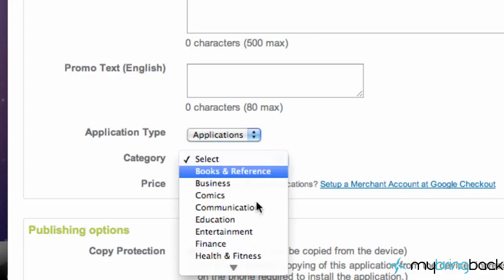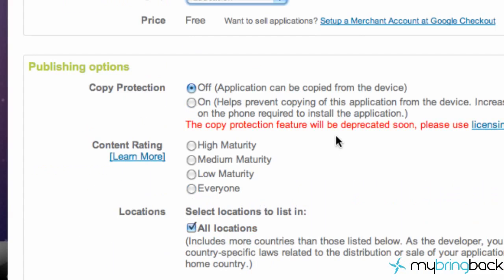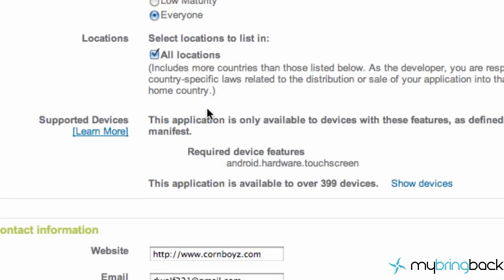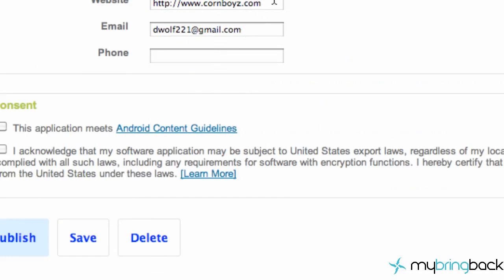We're going to say application, select category, education, and as you can see here, if you guys want copy protection, it adds a little bit to the memory, but it is a little bit safer. I don't really care, so I'm going to turn that off. And then the maturity rating, we're going to say everyone. Hopefully no one gets offended by our application here. And then all locations, and you guys have,